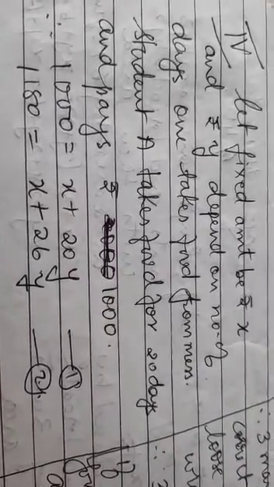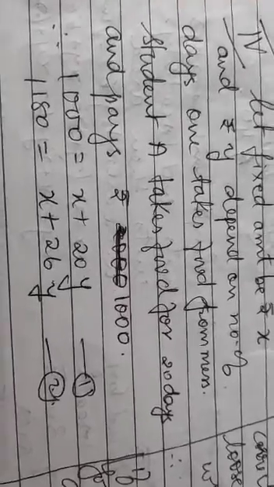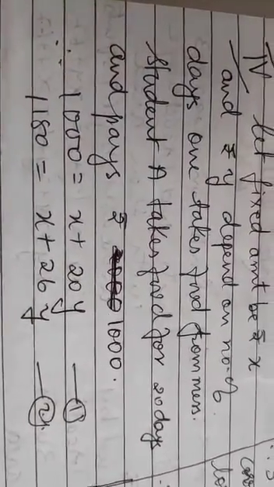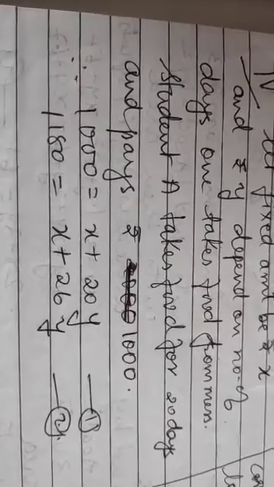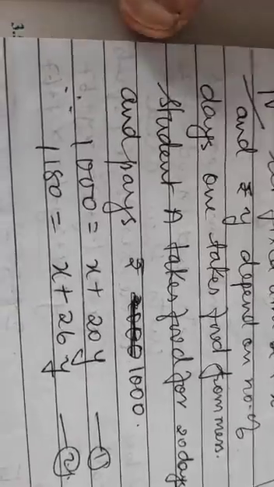Then about the second student, B student, it is said that the student is having food for 26 days and the amount is 1180. That is what I read, am I right? So you'll write that statement and then this is the second equation. Two equations are there with you. Now can you solve by elimination method? That would be simple over here. You just draw a line, subtract it, so X will be cancelled out and then you solve and get the answer. I hope you know to solve by elimination method. So please try it and complete the sum. I have not solved, I have just framed the equation for you because elimination and substitution methods both are taught to you and they are easier ways, so you will try and solve it on your own.